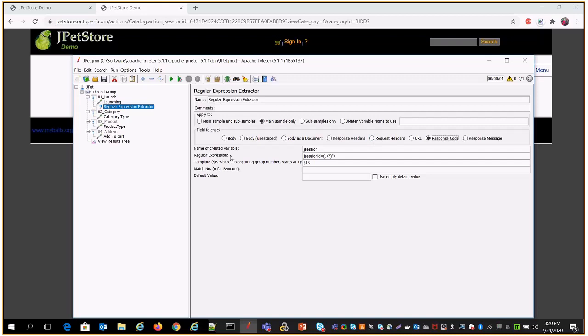Now the first field which we need to enter is the name of the created variable.